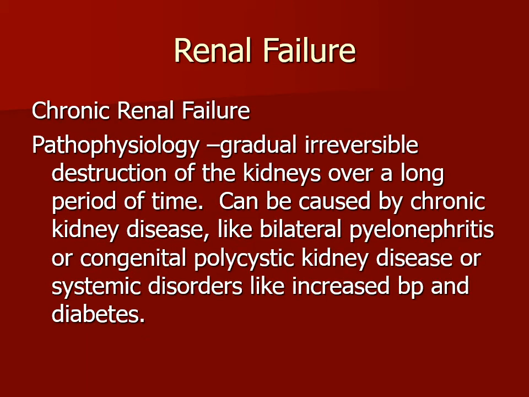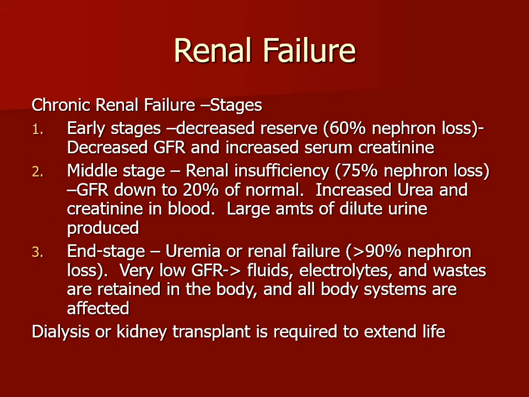Chronic renal failure. The pathophysiology of this problem is gradual, irreversible destruction of the kidneys over a long period of time. It can be caused by chronic kidney disease like bilateral pyelonephritis or congenital polycystic kidney disease, or systemic disorders like high blood pressure or diabetes. Early stages of chronic renal failure: decreased reserve, 60% nephron loss, decreased glomerular filtration rate, and